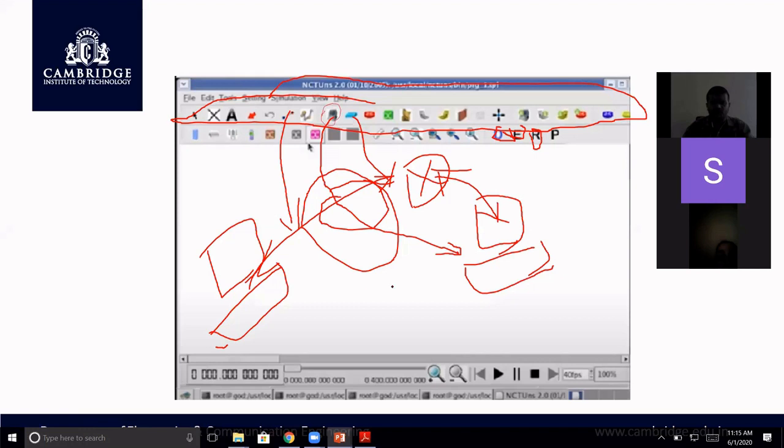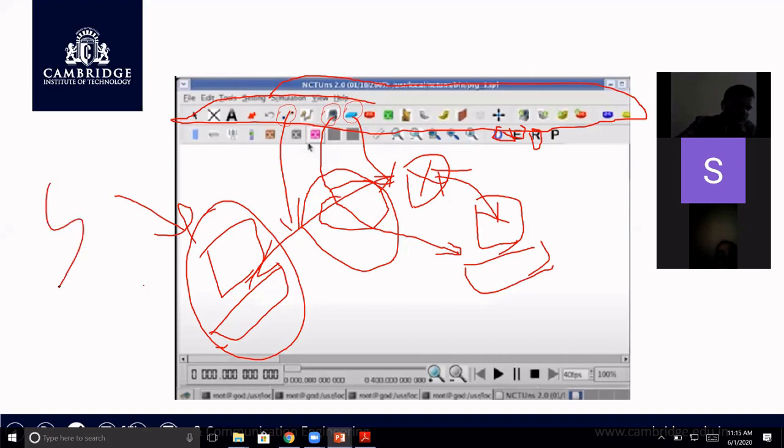Moving further, once you are done with the drawing mode, you are going to go for edit mode. In the edit mode, you can treat one computer as TX, the transmitter or sender, and the other as receiver RX.